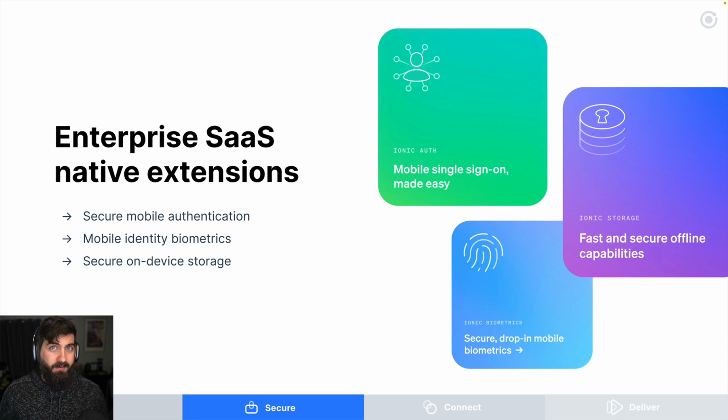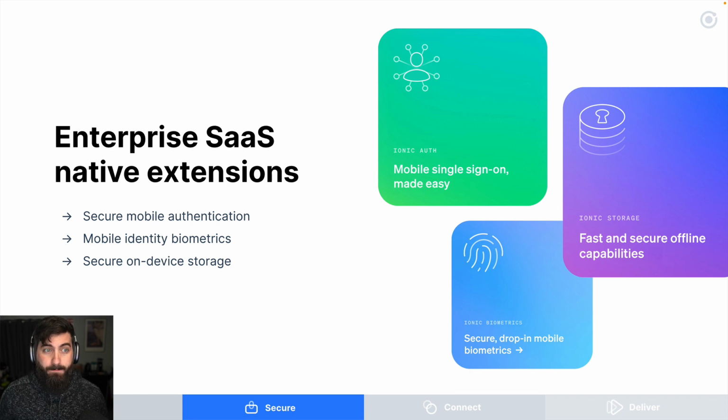We like to refer to these as the security trifecta, which includes a whole flow of how you can authenticate securely, use biometric features to authenticate and authorize users, and then secure that information on your device using our secure storage offering. All these combined together really are a triple threat of how you can properly secure and authenticate your users